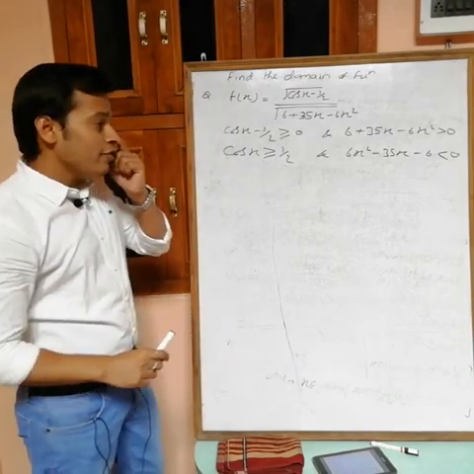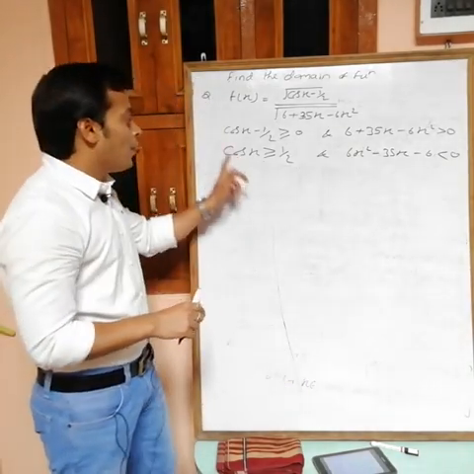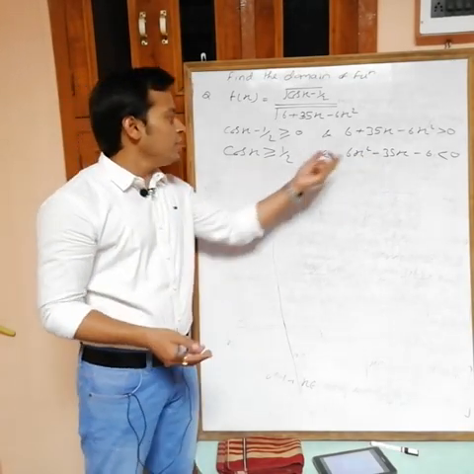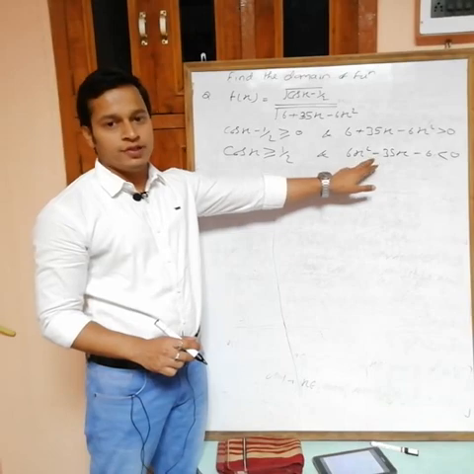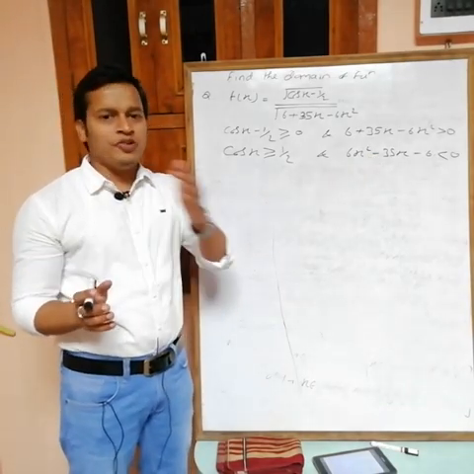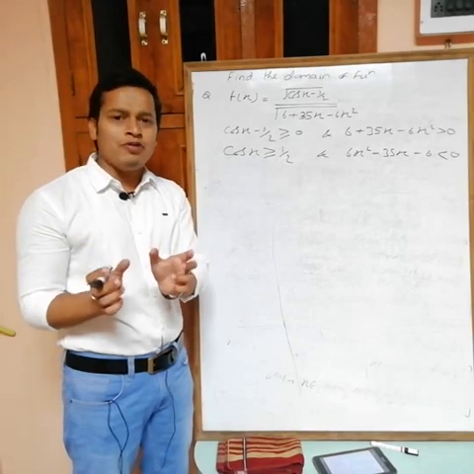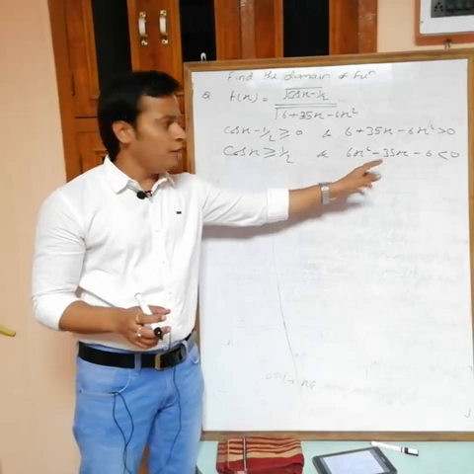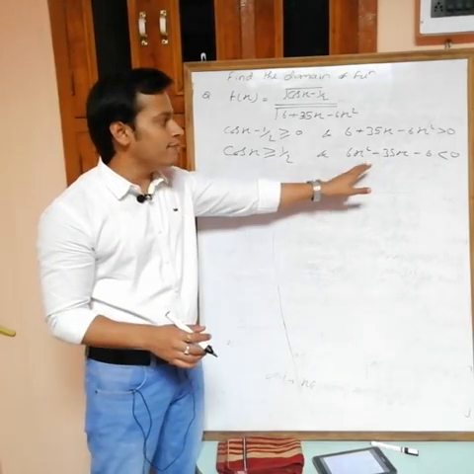Now actually we have to find the value of x such that both are satisfied. The value of x will satisfy both inequalities. So first I am solving this one, because for this one you will always get an interval. From minus infinity to plus infinity we have many values such that cos x is greater than or equal to 1 by 2, but we have to satisfy this one, and for this one you will get limited values. So first I am solving this one.